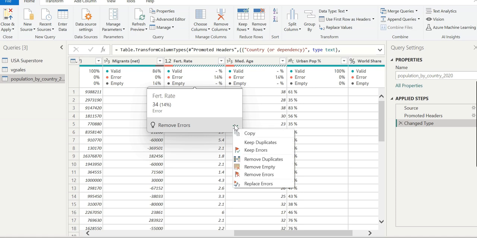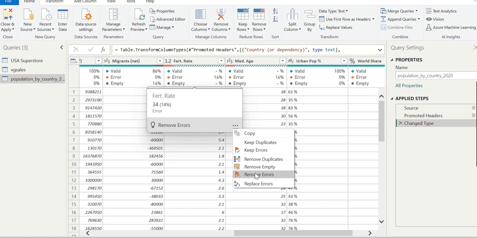Or click on the three horizontal dots, and a little pop-up opens with different kinds of options, but we have to go with Remove Errors. There are some other alternatives like Copy, Keep Duplicates, Remove Duplicates, Keep Errors, Remove Empty and Replace Errors. So for now, let's go ahead and choose the Remove Errors option.